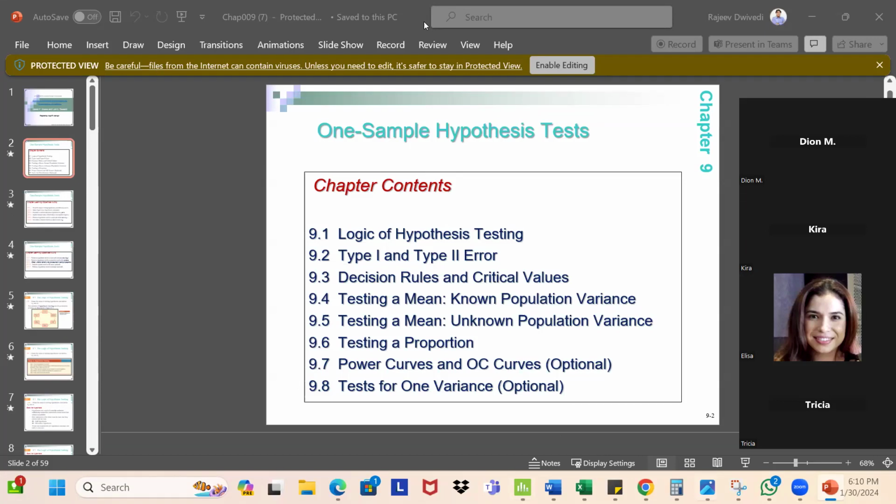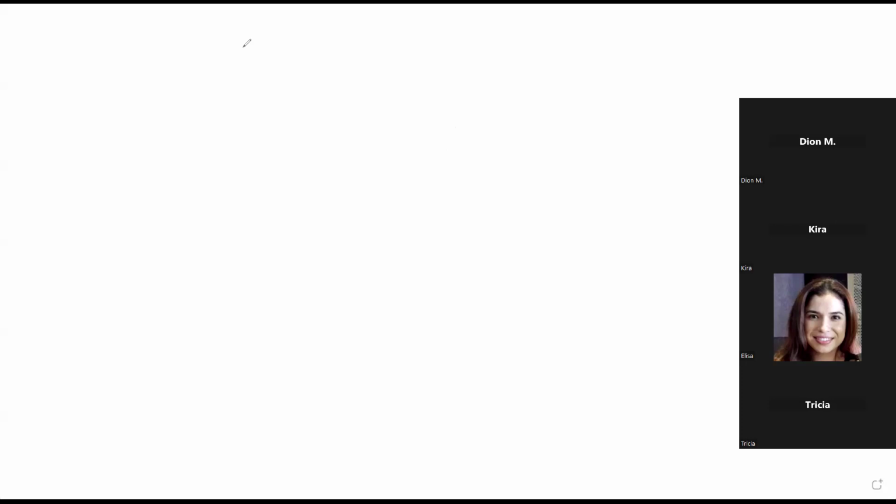So let me start with the whiteboard. Can you see my whiteboard? Okay. So hypothesis testing is basically based on